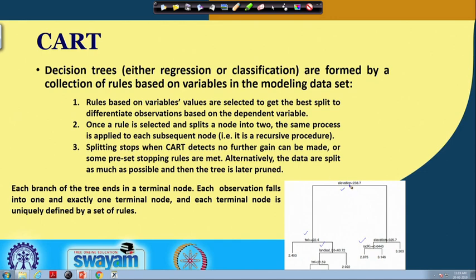Here we have selected the elevation value of 238.7 because it gives the maximum clear separation between two groups of data. Once this rule is selected and we split the data into two nodes, the same process is applied to each subsequent node.